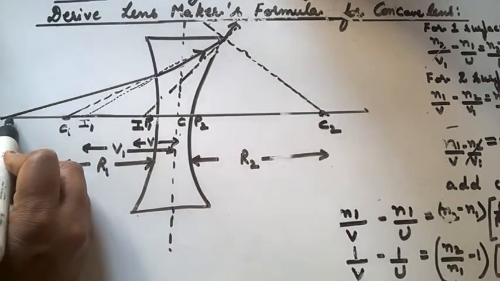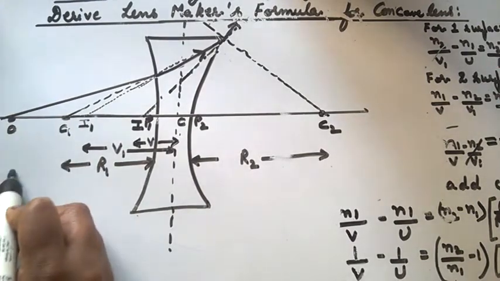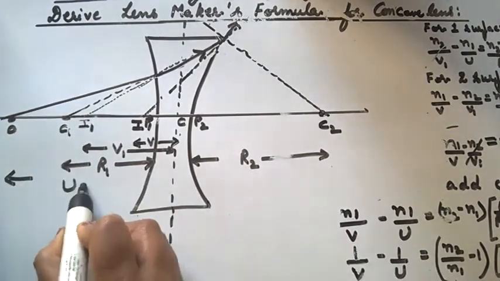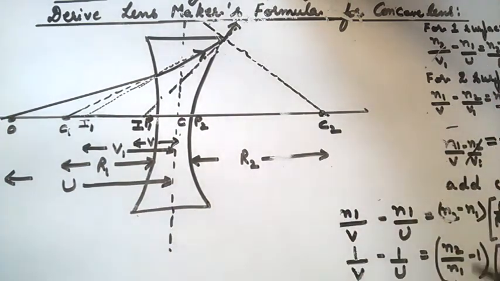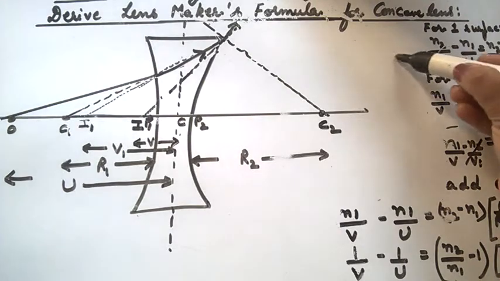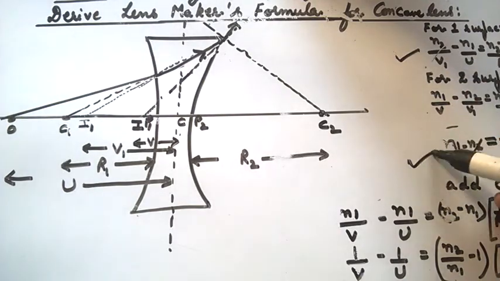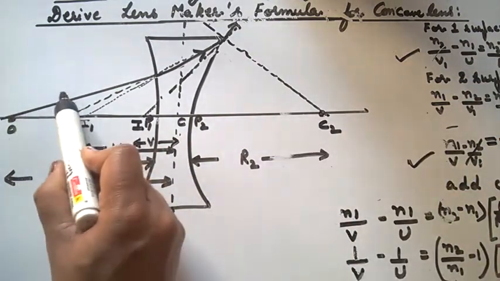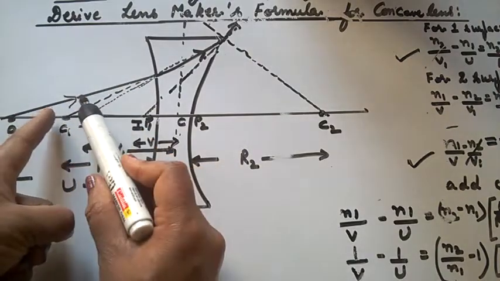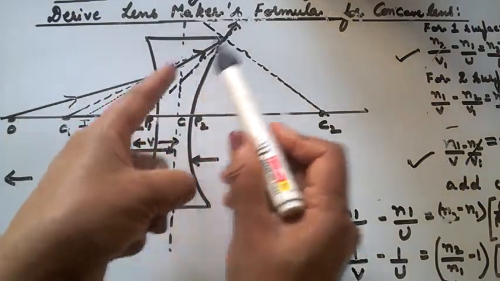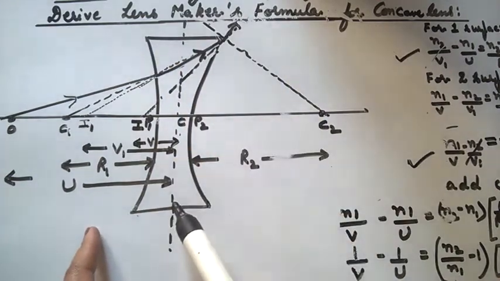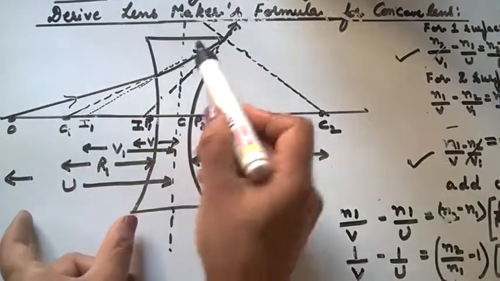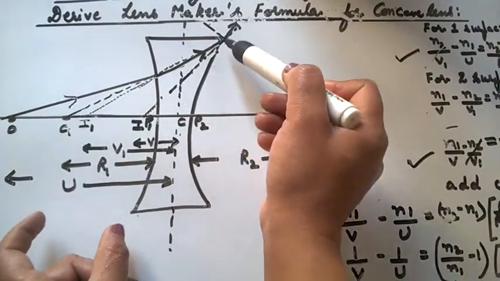and from the object O to C, this is the object distance. And the remaining formula and all the relations will remain as they are, as the ray of light is passing from rarer to denser medium, then denser to rarer medium. The only difference is in the ray diagram, and here in the concave lens the ray diverges.